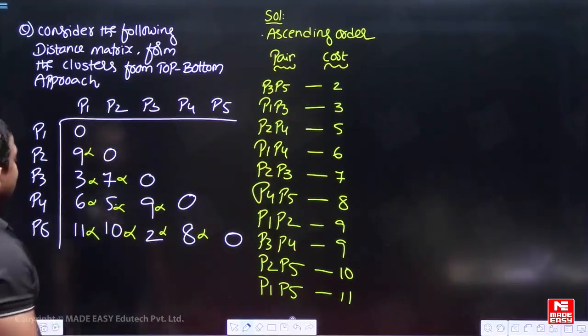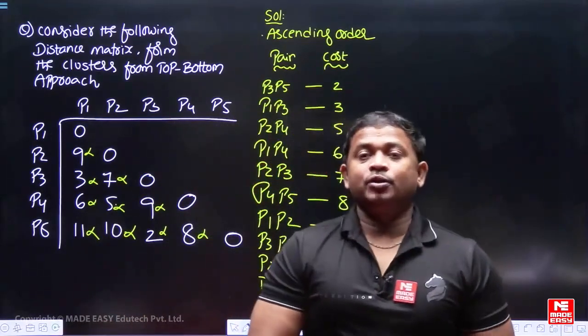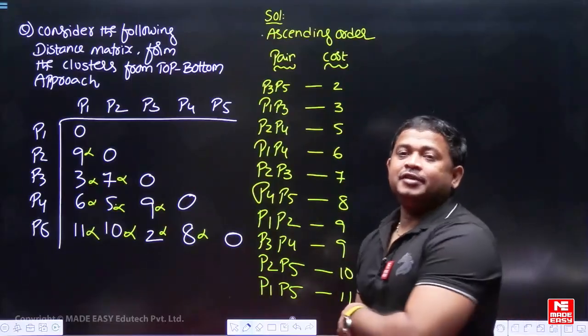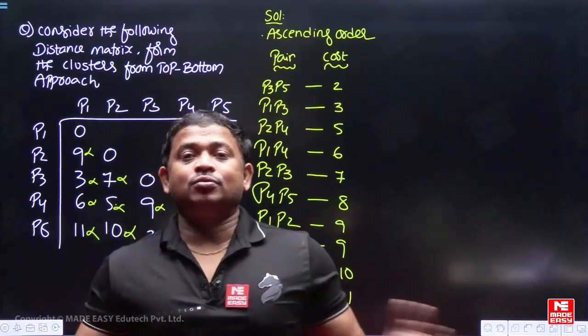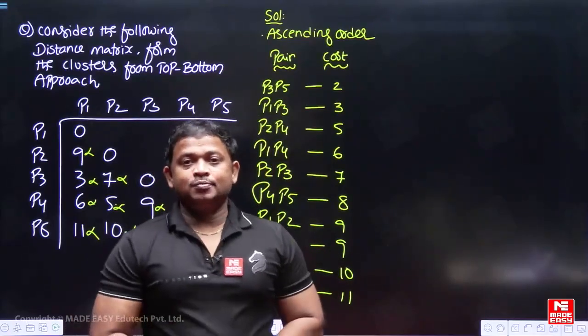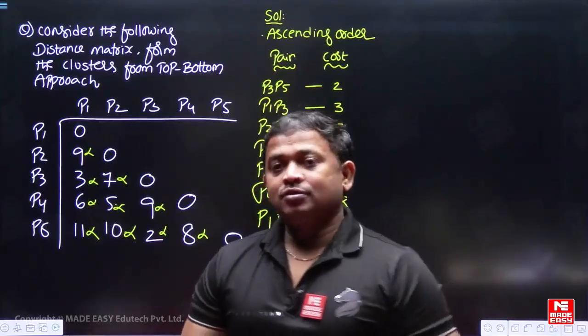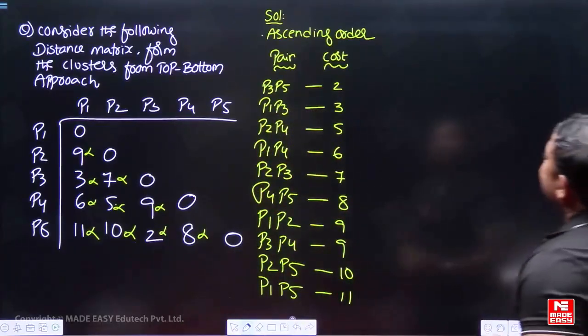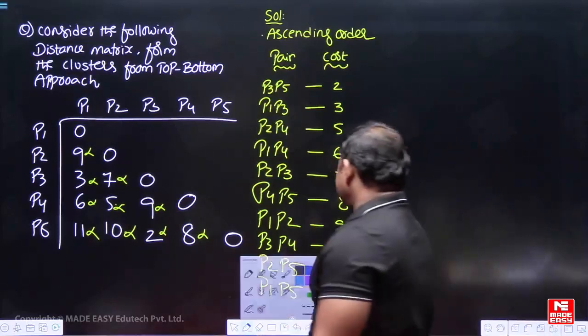Alright. So now I take in the total ascending order the data points based on the distance. Every time you should know the meaning of distance. When the distance is low, similarity is more. Distance is more, dissimilarity is more. So here we arrange the data in terms of ascending order. After that,